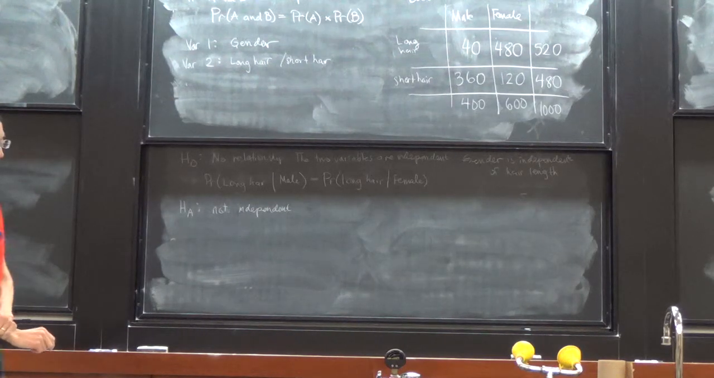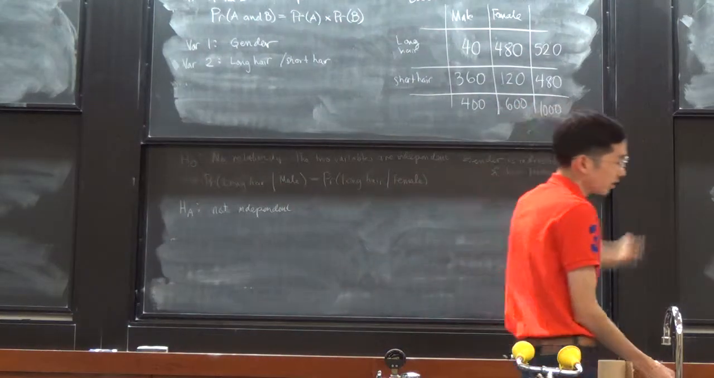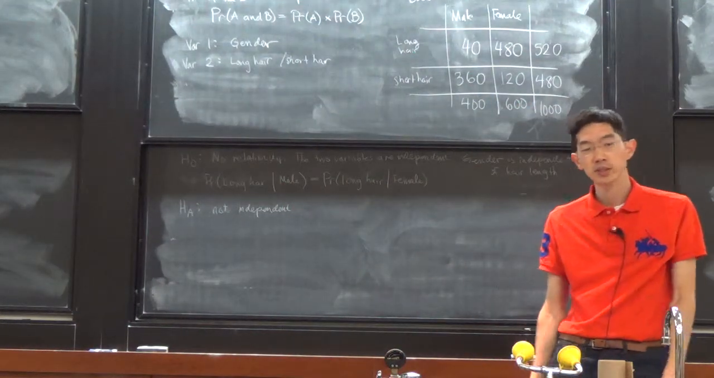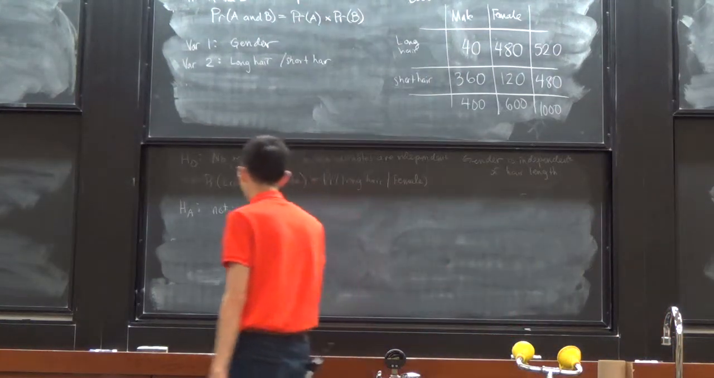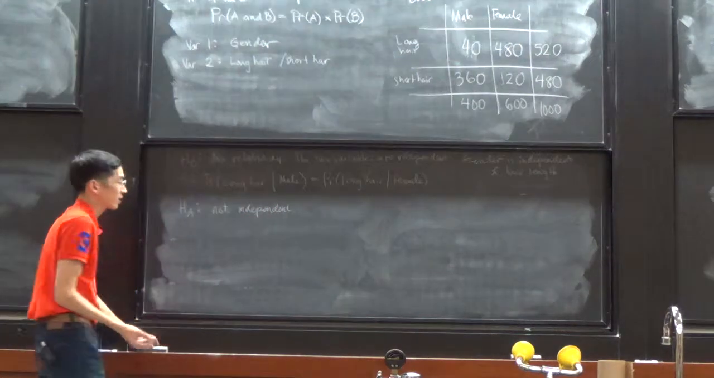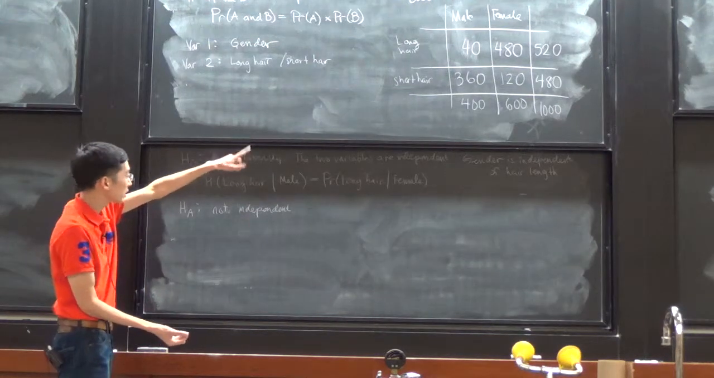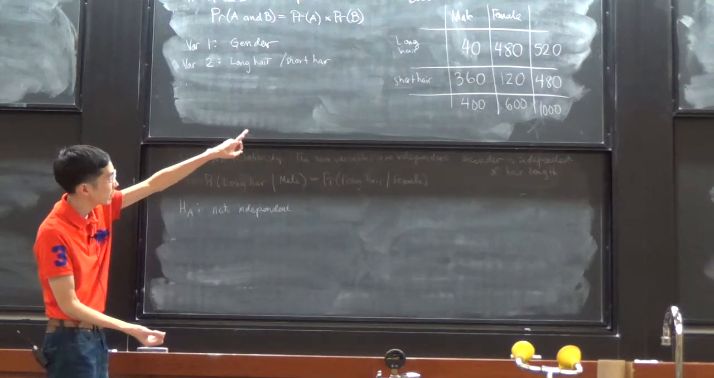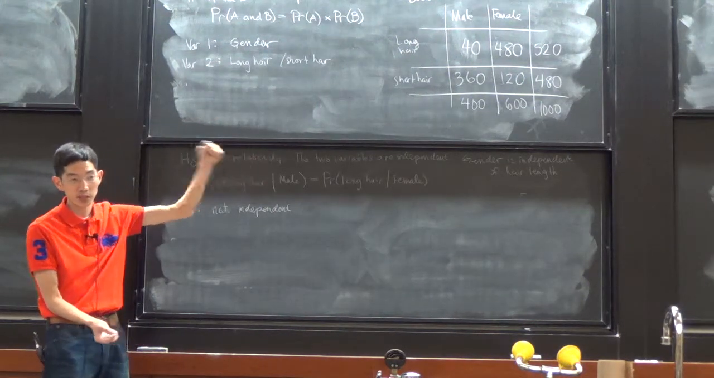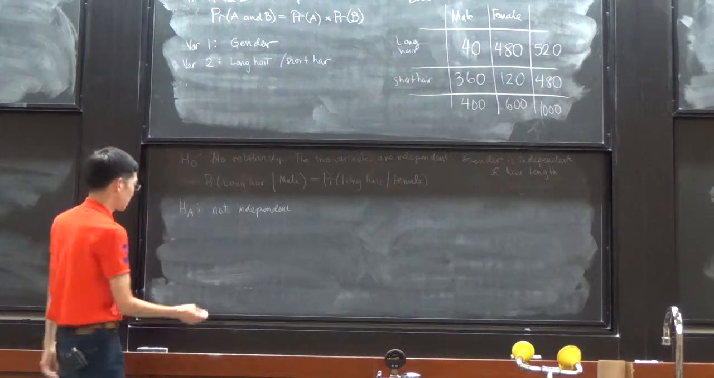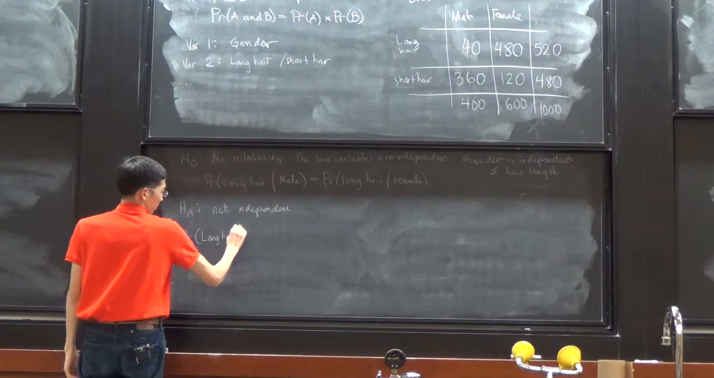So in our calculations, we want to know how far our data deviate from what we might expect. So what would we expect if hair length and gender are independent? When we look at our data, we see a total of 520 people have long hair. So if I pick someone at random, what's the probability that this person has long hair? We would write the probability of long hair is equal